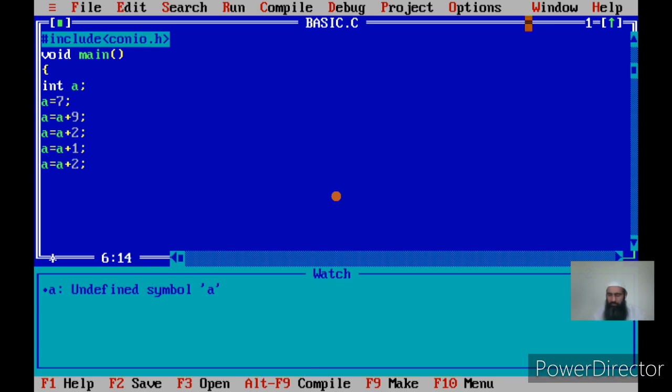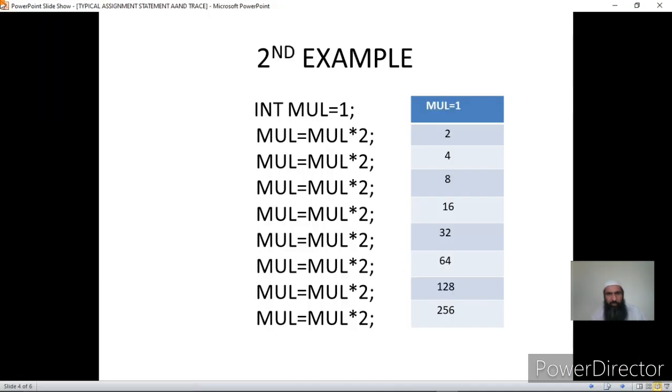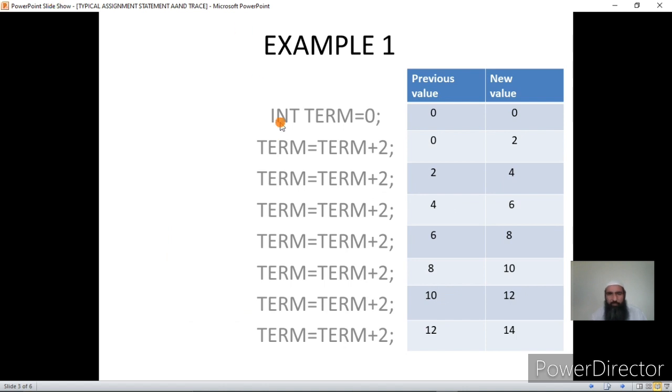Okay, now let us do example 1. Let me show you that example again, in which I am initializing term as 0, then I am making changes to the term, and I am saying the new term is always equal to the previous term plus 2.